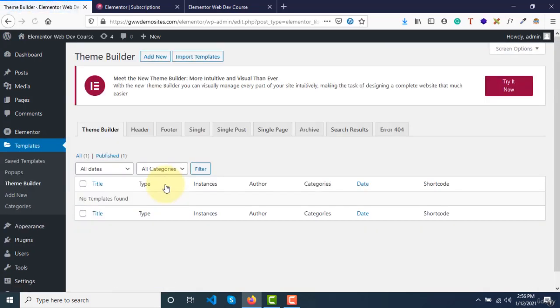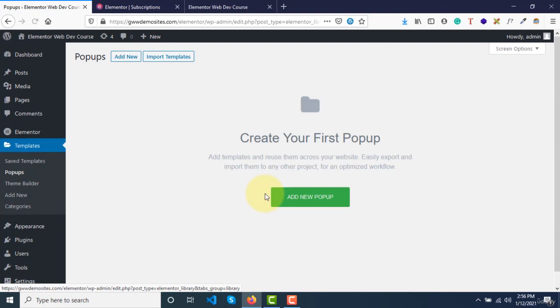Under theme builder, you can create dynamic headers, dynamic footers, single post, single page, archive, search results, and 404 pages as well. And under pop-ups, you can create any kind of pop-up that you can imagine.